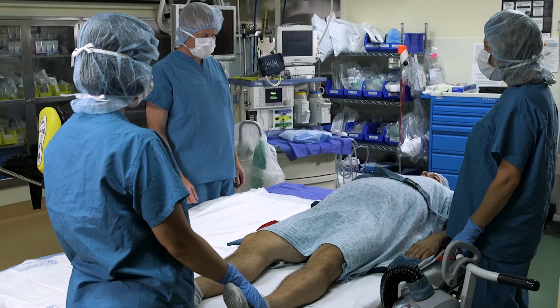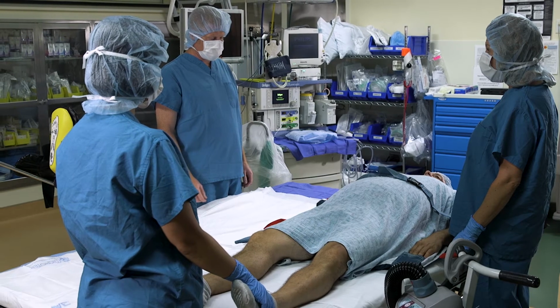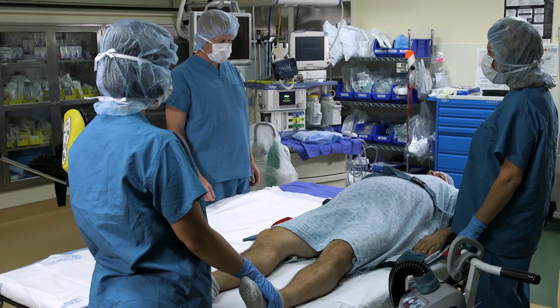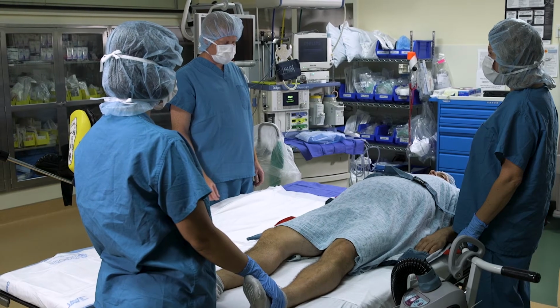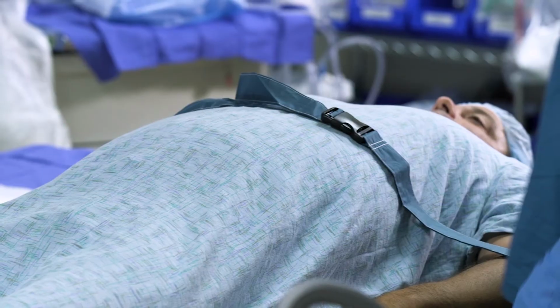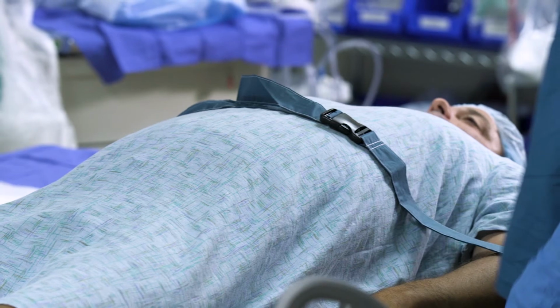The half-mat should be positioned so that the end of it comes slightly below the patient's buttocks. One caregiver should be positioned at the head end beside the patient, while another caregiver is at the patient's feet and the third caregiver is positioned beside the receiving surface. The caregiver closest to the patient should ensure that the patient's body is centered on the half-mat with safety strap